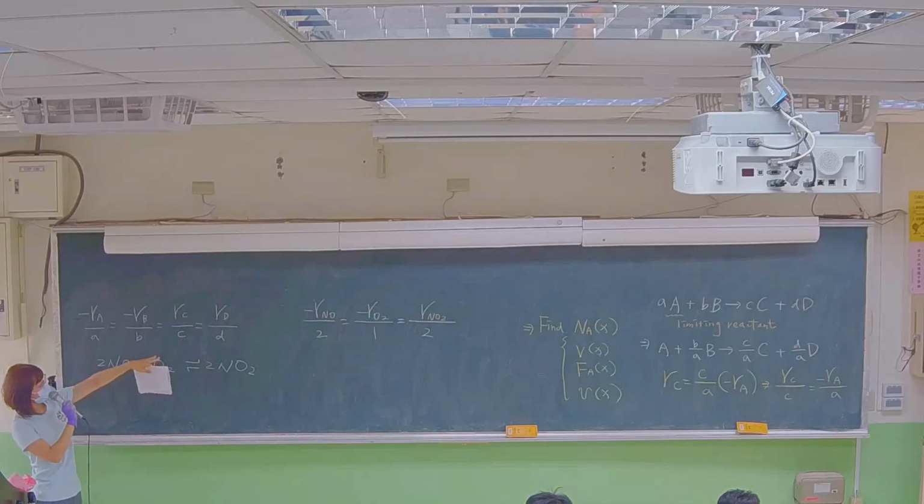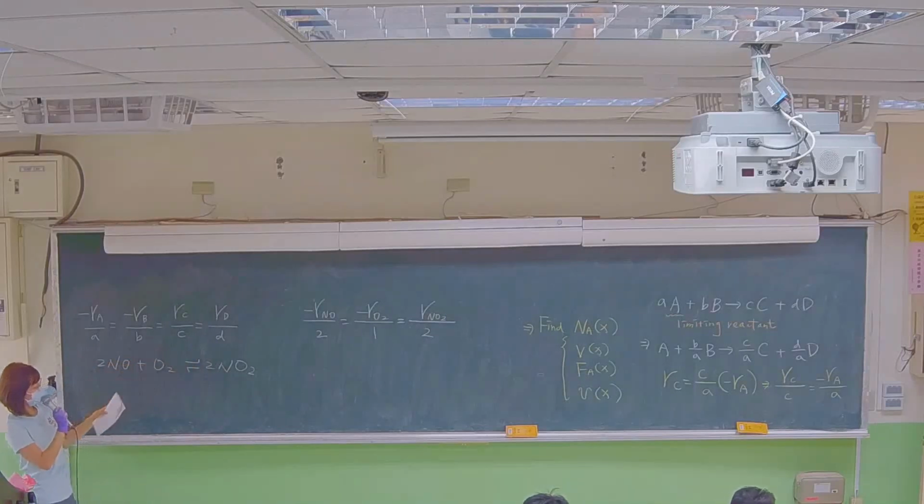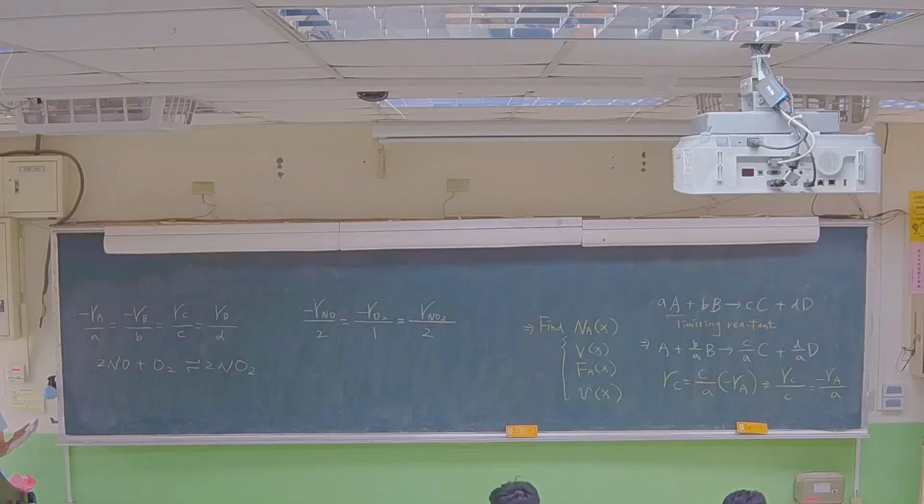Reactant, minus sign. Product, positive sign. And put a coefficient under. Then what is the relation between them? If nitrogen dioxide, NO2, is formed with a reaction rate of 4 mole per cubic meter per second,